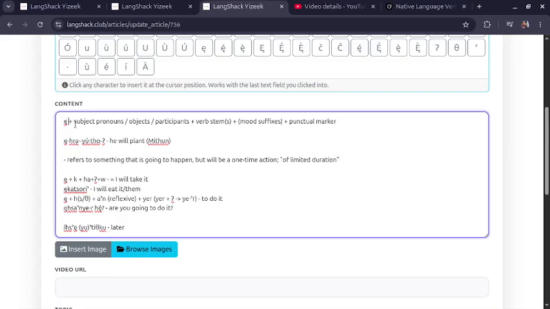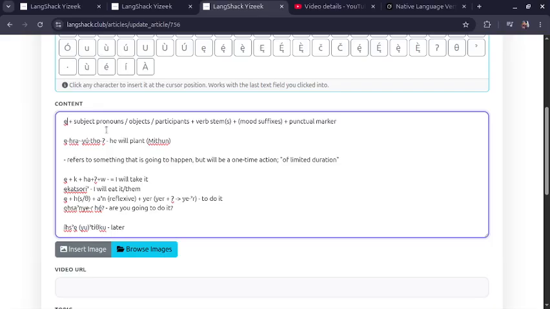So the construction of this is pretty simple. If you've been following along from the punctual past, you'll know that the construction of the punctual past was simply wa, which is the past aorist marker, and then in this case for the future we have a different marker, and it starts with one element and ends in the punctual marker. So this is just a setup of how we would set up our verb phrase or stem.